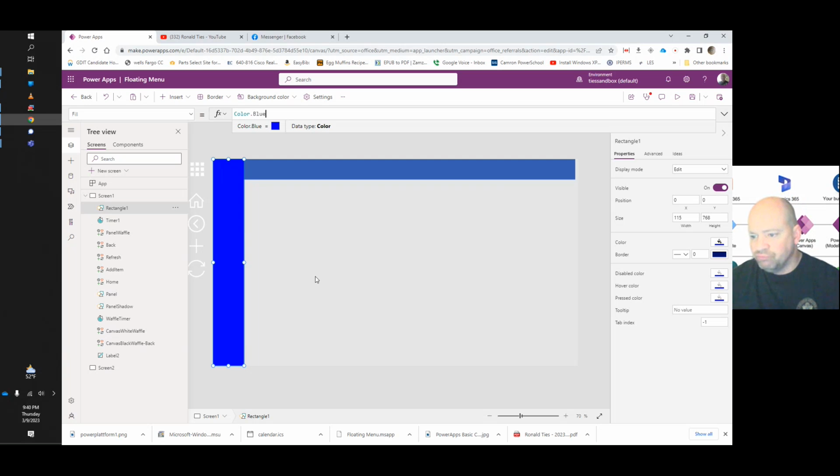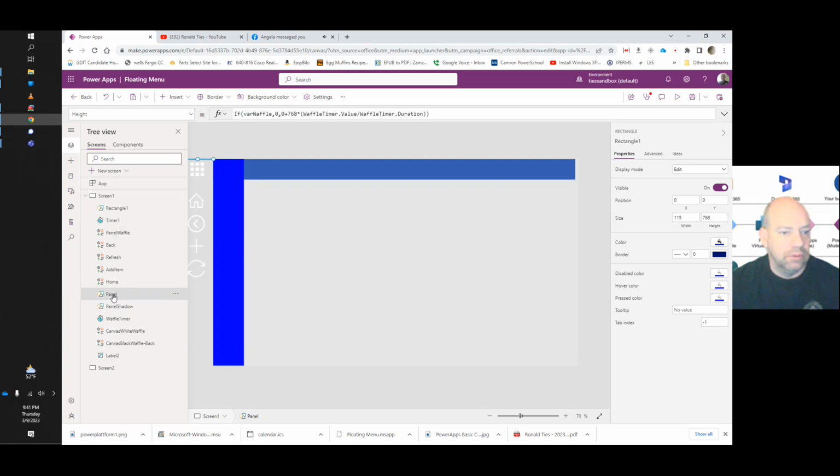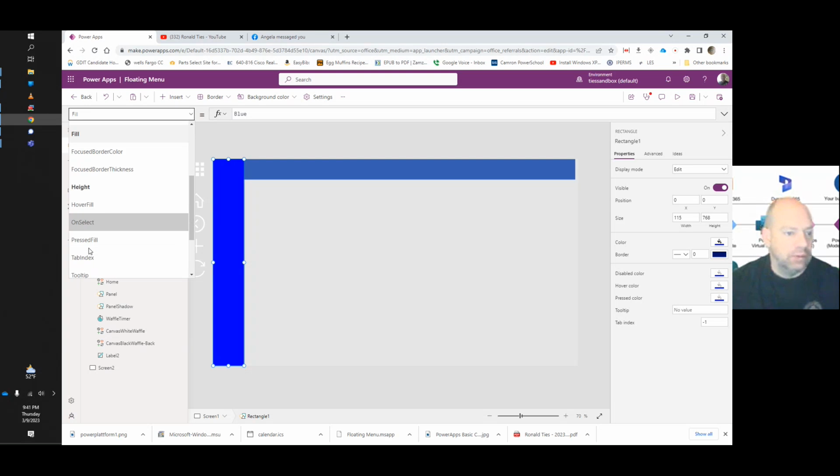is set the height. Now, I like the panel when it's inactive, like over here. You see how it looks gray, the background? That's because the actual panel is right here. It's 0. You just can't see it. Okay. So what we're going to do is set it the same way. We're going to click on here and go down to height, wherever it is,